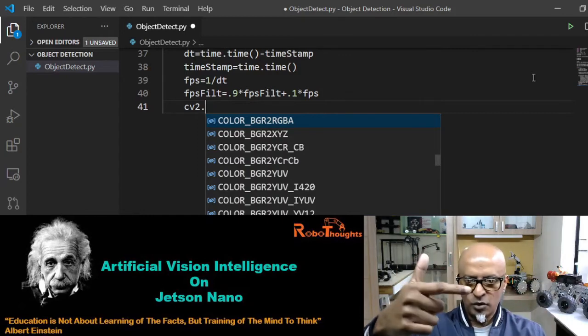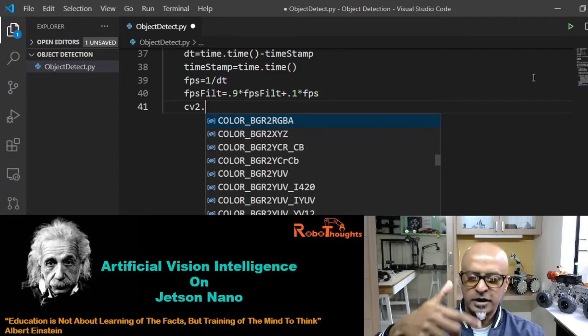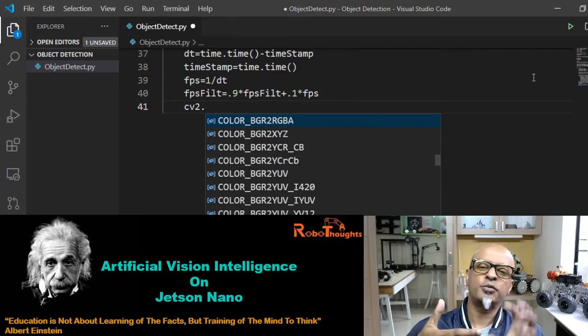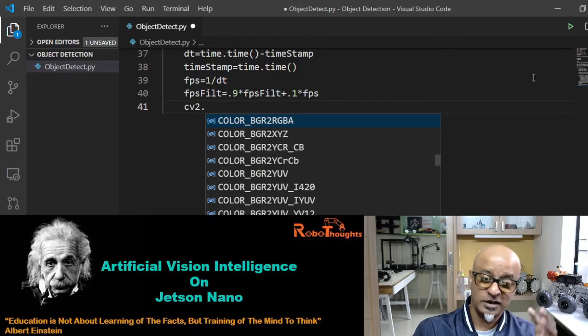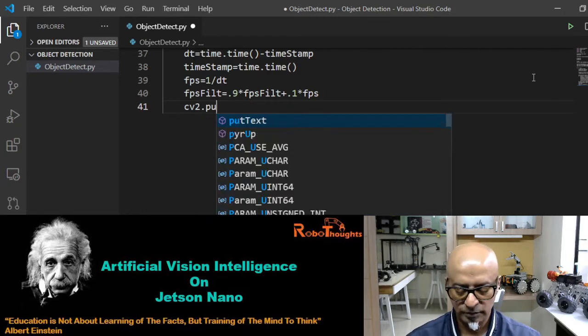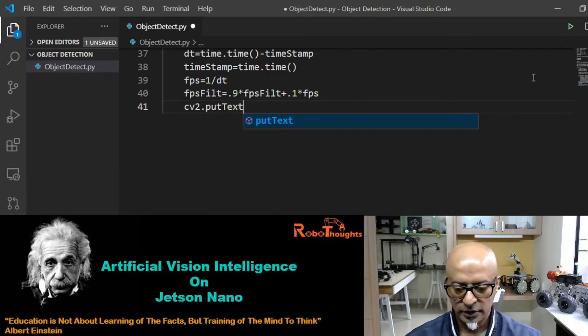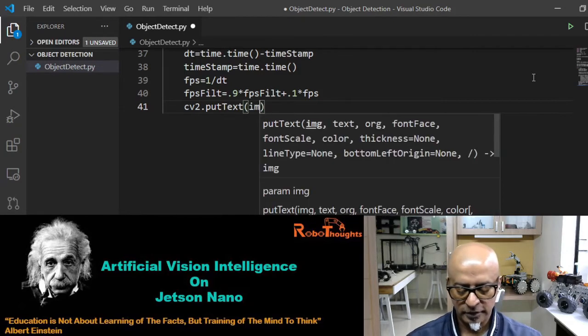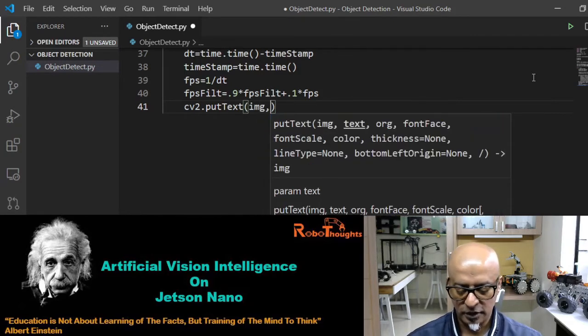All this above code is going to detect and identify what it is. Right now you need to put a text, what exactly is that, so that it will grab that text. It's going to match with your pre-trained neural network and send you the correct stuff. Right now let's see, cv2 dot put text, img comma,